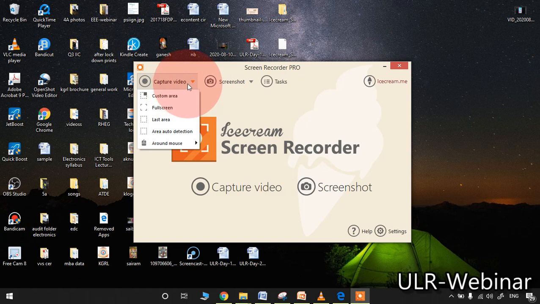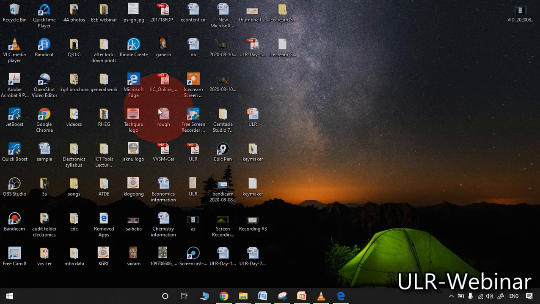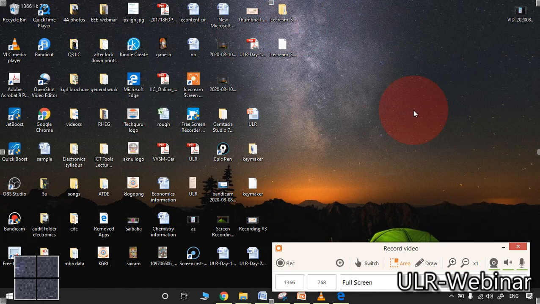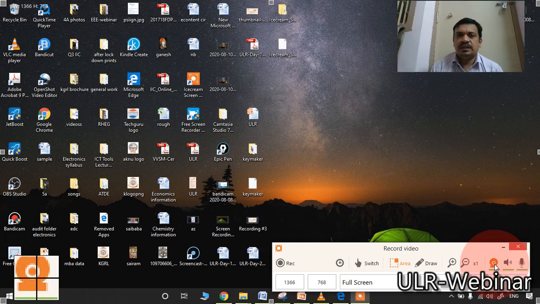In the capture video, please observe, custom area, full screen, last area, auto detection, all features are there. I am clicking the full screen option. Here I am adding my webcam.